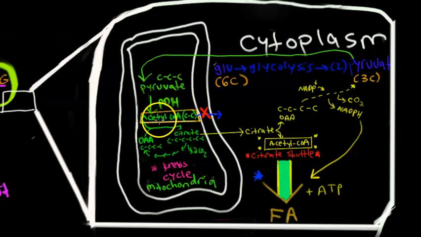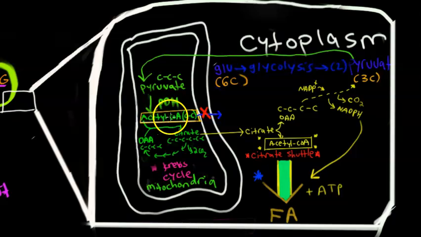We cannot get that acetyl-CoA into the cytoplasm because there are no transporters for it within the mitochondria membranes. So we need to somehow get that acetyl-CoA into the cytoplasm, right? So as you guys know, this pyruvate, which enters the mitochondria, is converted into acetyl-CoA via this enzyme, pyruvate dehydrogenase